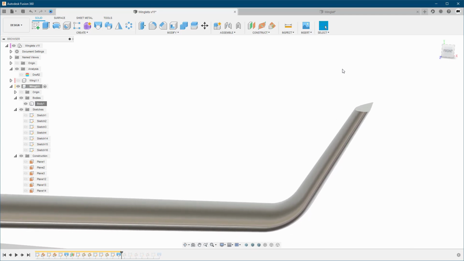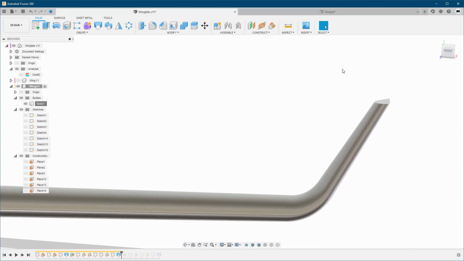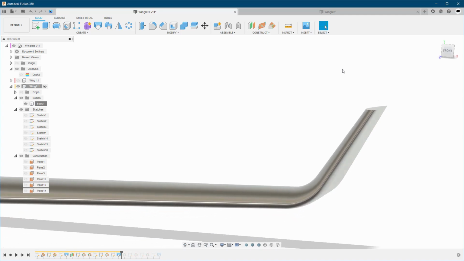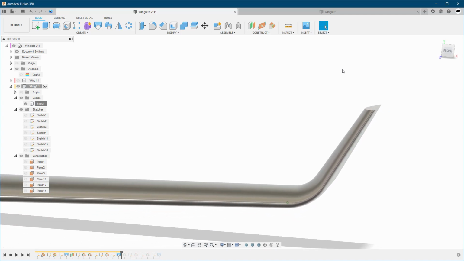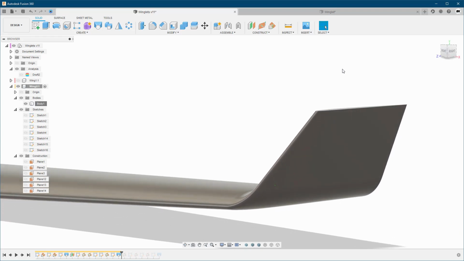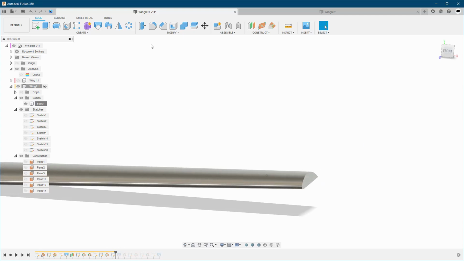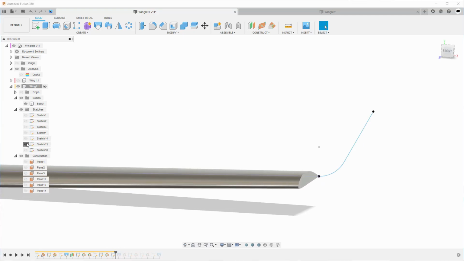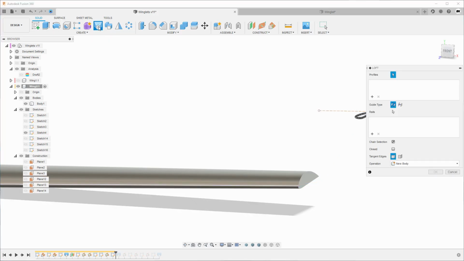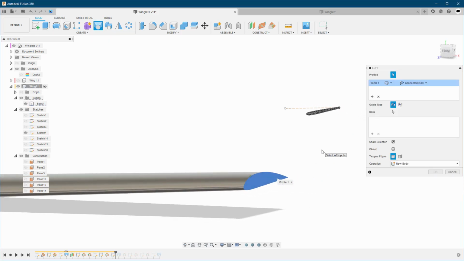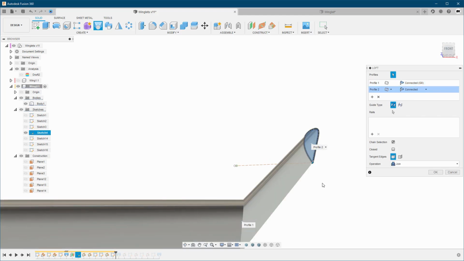So this is the technique, and you can use it again to do all kinds of shapes of winglets. With this technique, you're going to have, as you can see, a lot of control of the end result the way you want it. Or you can also, like I did before, just keep it even more simple. If this is what you want, just go to the Loft command, select our face here, another profile right here,